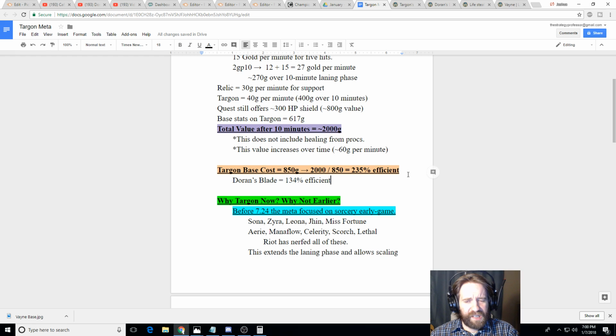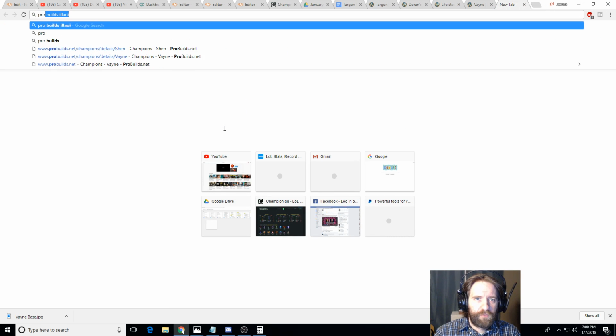Okay, 270% efficient at around 12 or 13 minutes, right? So 10 minutes into the laning phase, once minions actually start coming down. It's really, really good. Okay, so you might be asking yourself then, if this is so good, why haven't we seen it now? Why are people still not doing it very much? A lot of the pros are doing it, right? So if we look...